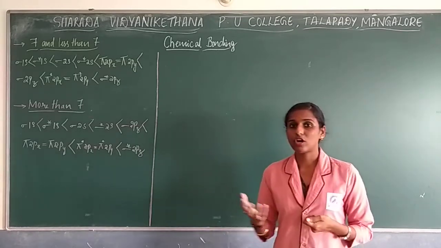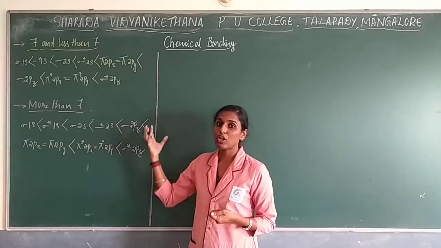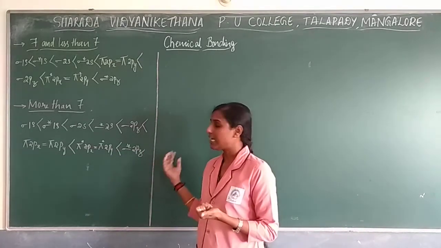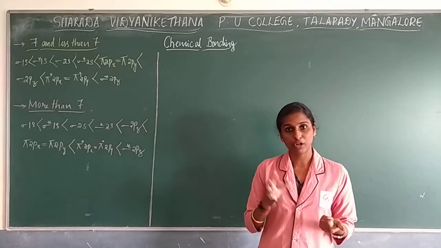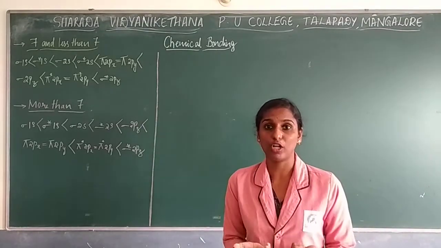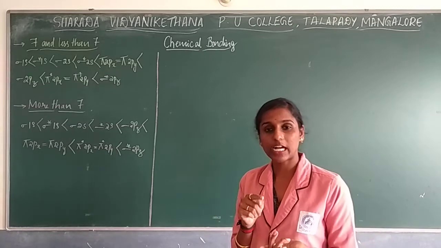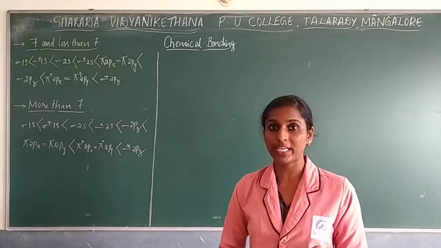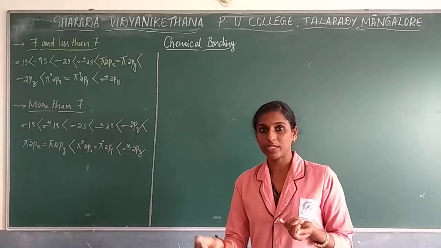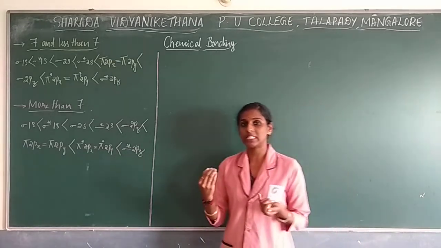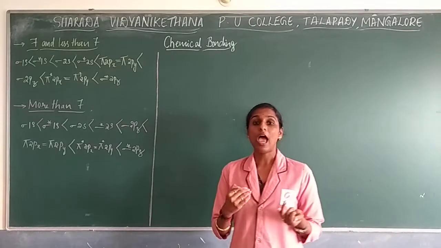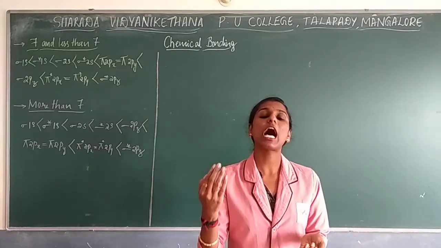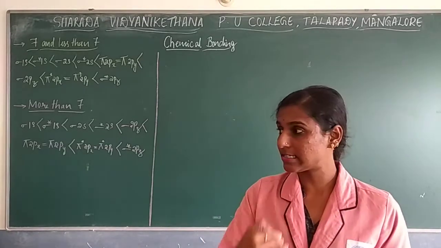Based on that, we have also studied that molecular orbital theory helps to explain the electronic configuration of a particular molecule, as well as the stability of the molecule based on the number of electrons present in bonding molecular orbitals and anti-bonding molecular orbitals. A bonding molecular orbital has lesser energy and more stability. An anti-bonding molecular orbital has more energy and lesser stability, right?